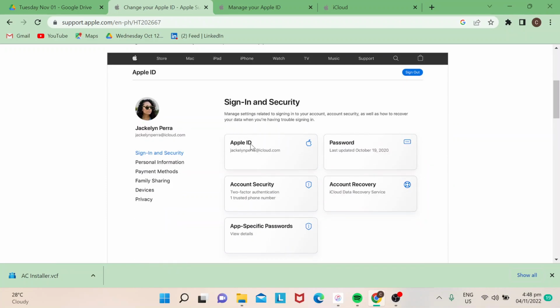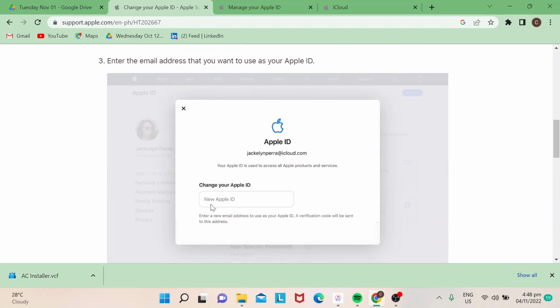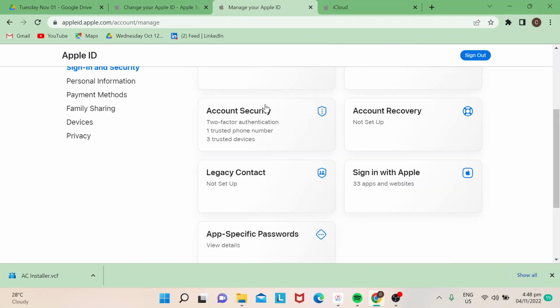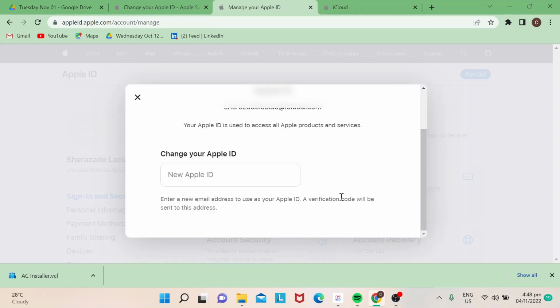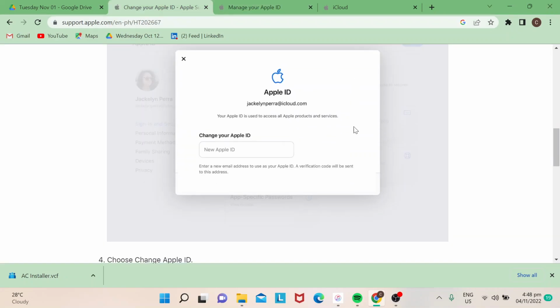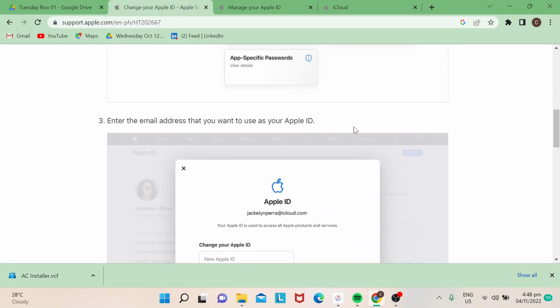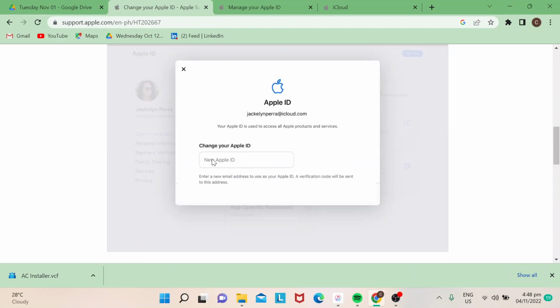You just choose on Apple ID. So once you click on that, it would actually show you this one. So in my case, if I need to click, yep, I can just change my new Apple ID here. However, I cannot do that because I am using my Apple ID. But just to give you an idea, this is how it looks like, and then this is where you would